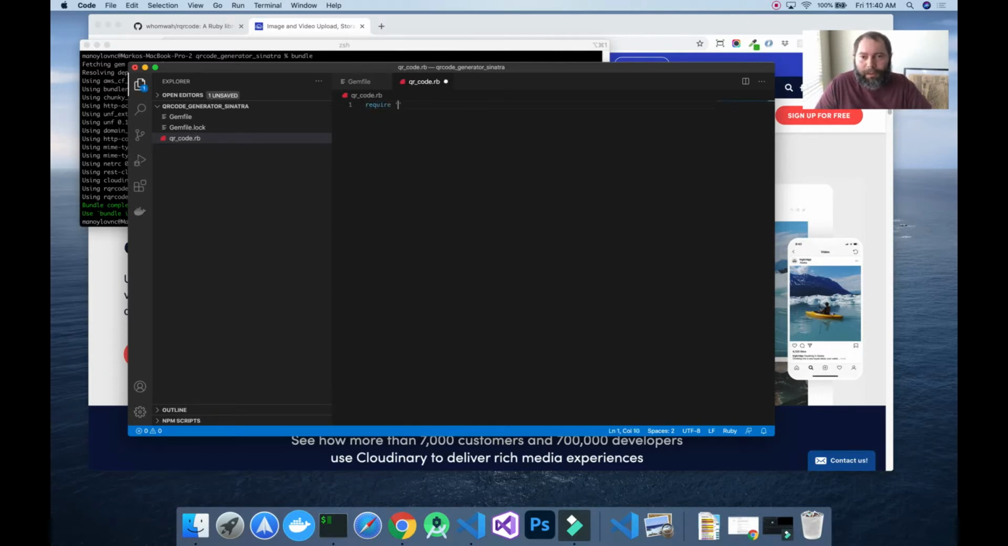So here, we need our QR code, we need our Cloudinary, and let's do a class QRCode. So what do we want to use? We want to do title, which is a required field. All the fields are going to be required anyway. We will use description,